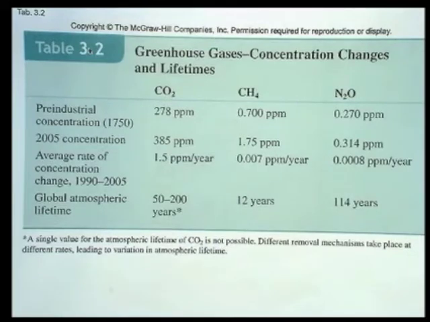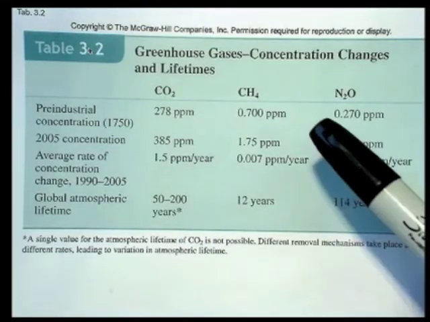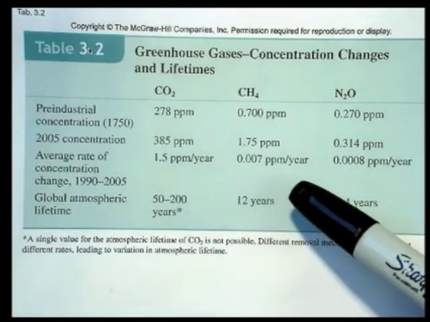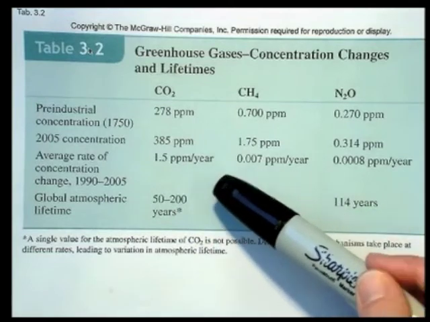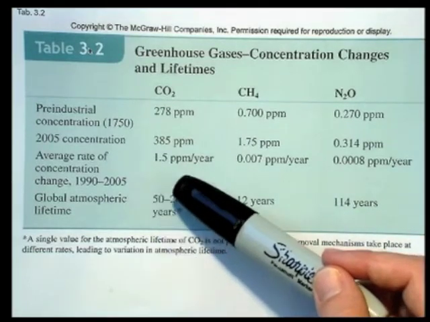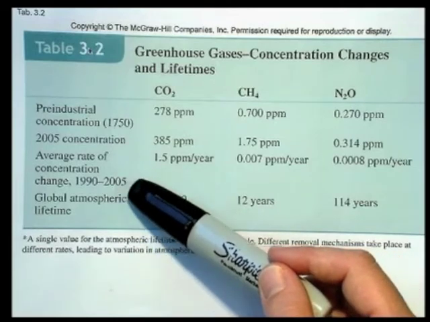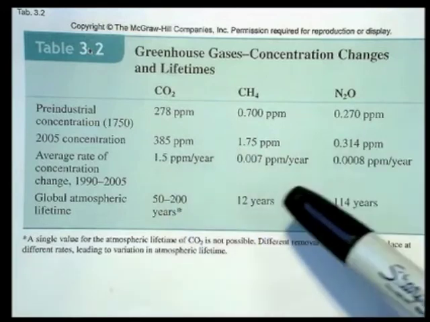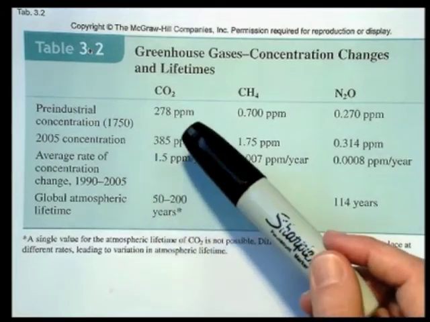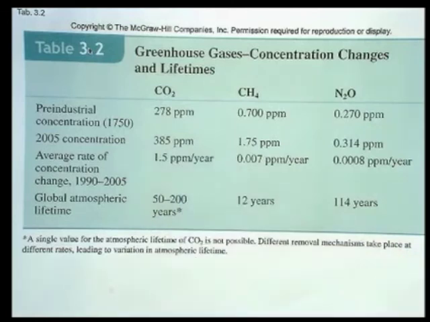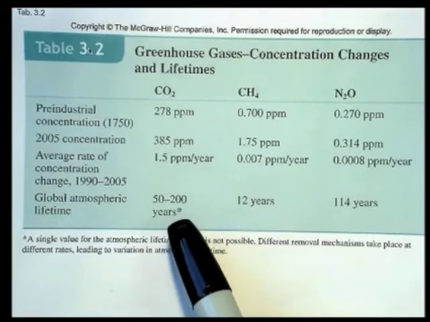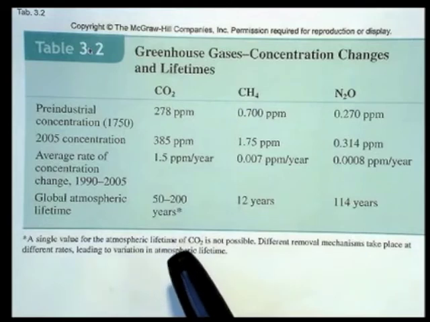And so the thing is, even though it looks like this has doubled, if you look at the change per year, it's such a small amount, the concentration change in the recent time from 1990 to 2005. We see that the rate of change is much, much greater for carbon dioxide than methane or nitrous oxide. So it seems like we're putting more and more carbon dioxide, a higher rate of carbon dioxide, into the atmosphere. And then the amount of time that it remains in the atmosphere varies widely because it's such a dynamic molecule and there's so many places for it to go.